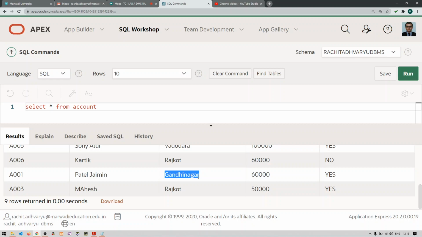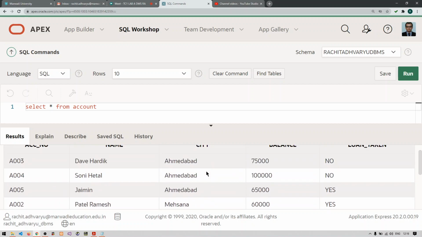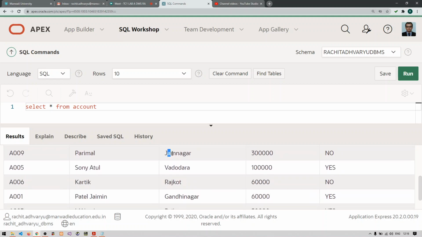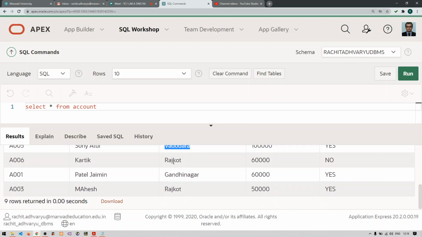Clear? What do you mean by group by? Group by means collecting the same data into different individual groups. So here we can say that we have created one group for Ahmedabad city, one for Mehsana, one for Jamnagar, one for Vadodara, one for Rajkot, and one for Gandhinagar.